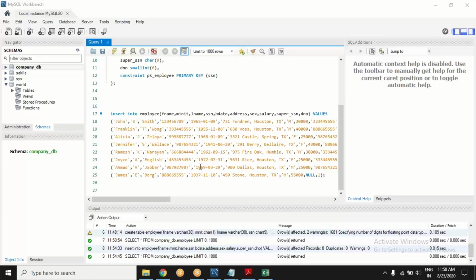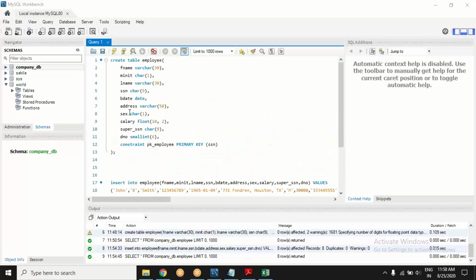Now, so far there have been many things, some data types and create table, and you may be wondering how would you remember these, or how can anybody know what these data types are, and what the variants of these data types are, and where to use which?